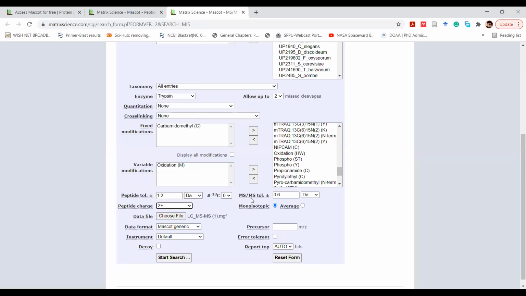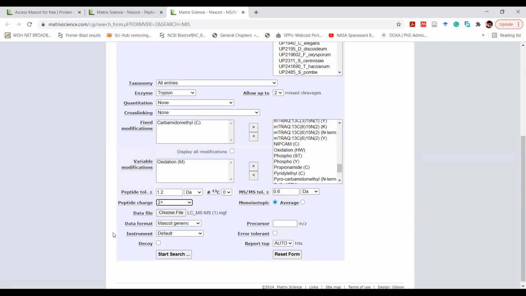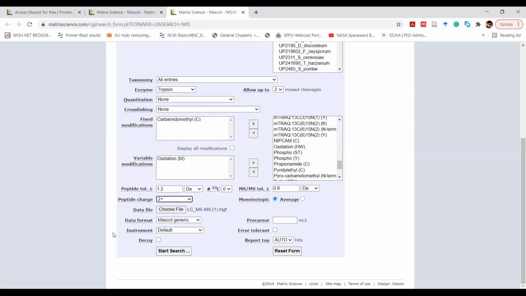Same goes for peptide tolerance, and whether monoisotopic or average mass you are going to consider. Generally we do monoisotopic, and the same goes for MSMS tolerance and peptide tolerance, as I already mentioned. These are far more specific, and it depends upon the experimental design, so as of now we are just keeping some defaults.